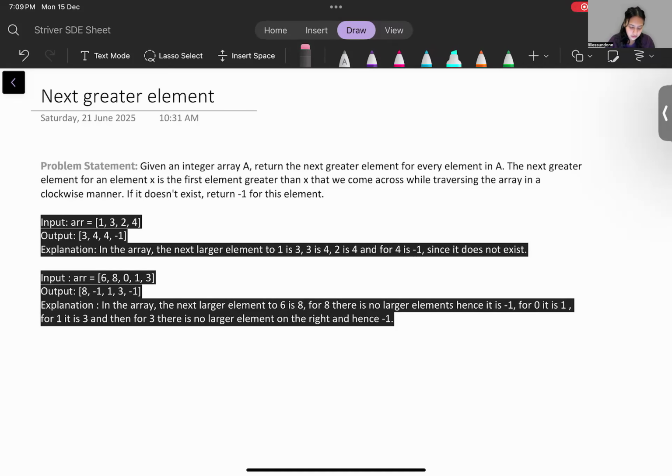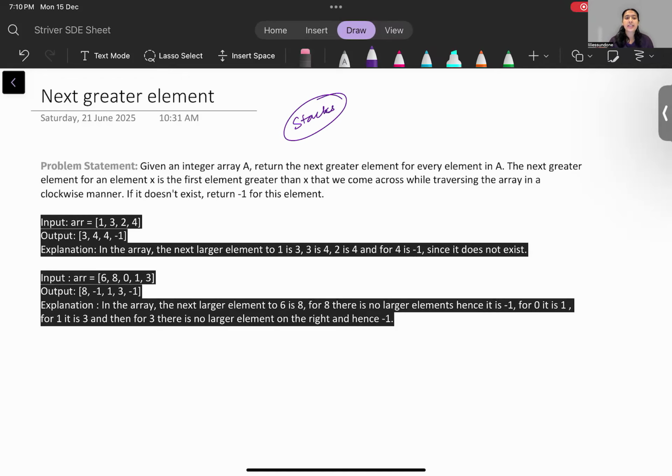So hello everyone. Today we're going to see the question that goes by next greater element. And the approach that we're going to discuss is going to be linked with your stacks. And this is a very important question when we come to stacks because many questions are going to be based on this basic question. And then it has four parts: next greater element, previous greater element, next smaller element, and